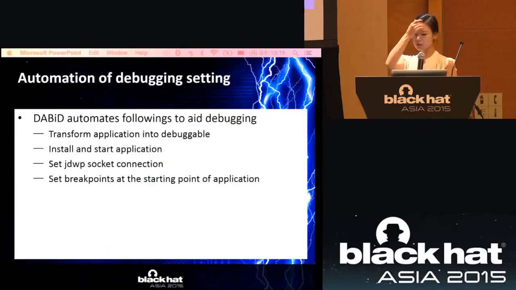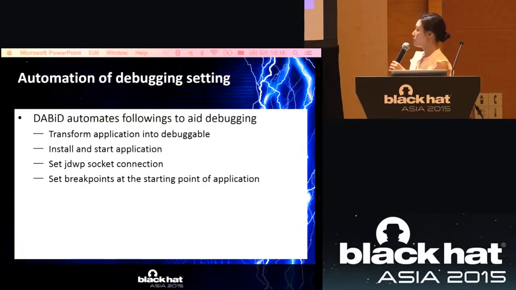And also we automated some debugging jobs. DABiD automated the following things for debugging. First one is transforming the application into debuggable. Remember the previous debuggers used the APK tool to make the application debug mode. So we transform the application into debug mode in our debugger, and we also install the application to start it, and also